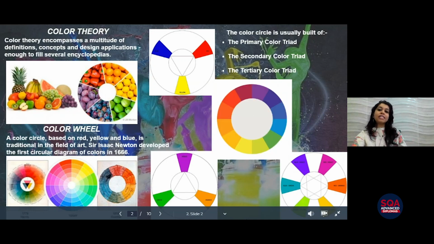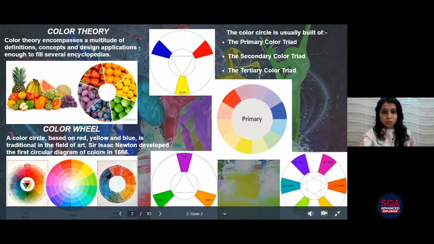Now there is something called the color wheel, which we need to know. We must all have noticed the color wheel when we did our drawing sessions in elementary school, or in the first basic drawing exercises, where we learn about the color wheel. A color wheel is basically a spectrum of colors divided into 12 different sections.